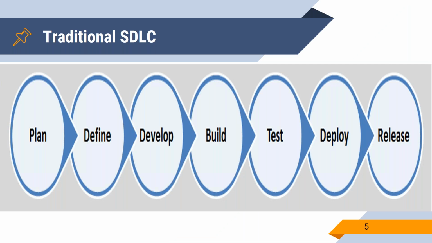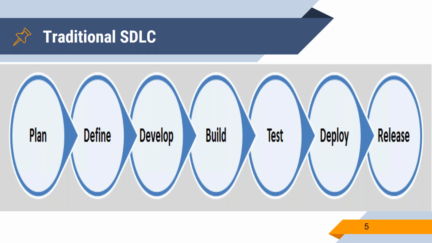This is our traditional SDLC. In our traditional SDLC, first the customers and the development team will sit together and collect all the requirements, and then they will shape the requirements based on the client needs and do the sign off. Once the requirement is signed off, then the planning stage will come. They will plan what technology we are going to use, how many members we require for this development, how much duration is needed, and the budget. Those kinds of things they will discuss. Once the planning is also signed off, then they will go to the design phase or development phase.